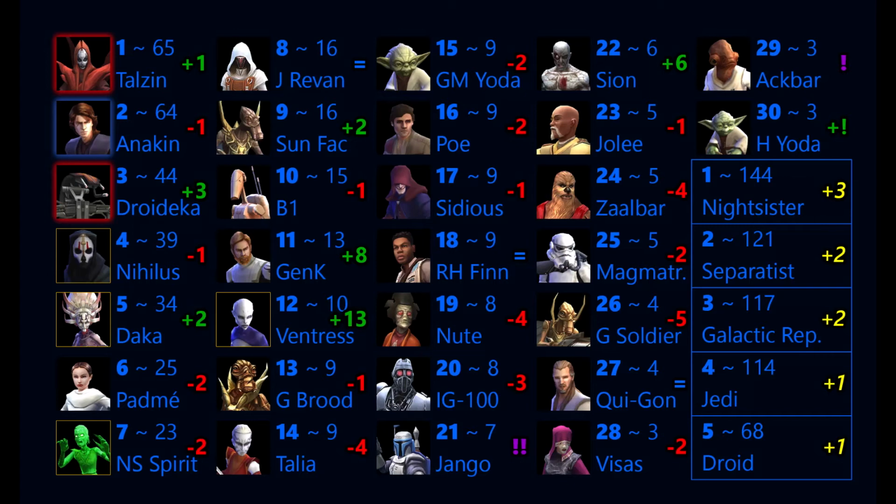B1 and Sun Fac in 10th and 9th positions on 15 and 16 points each. Jedi Revan retains 8th place from the last video, also on 16 points. And then in our top 7, Night Sister Spirit and Padme are both down 2 positions, while Darka is up 2 positions. And then Nihilus has been knocked out of the top 3 for the first time possibly ever, and